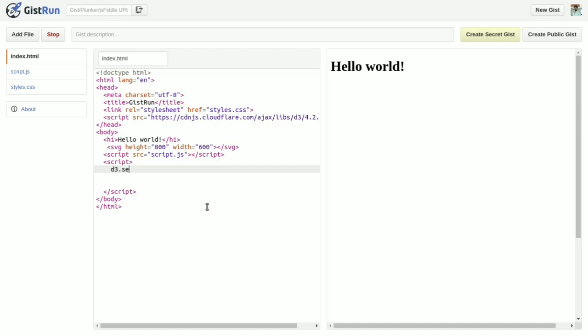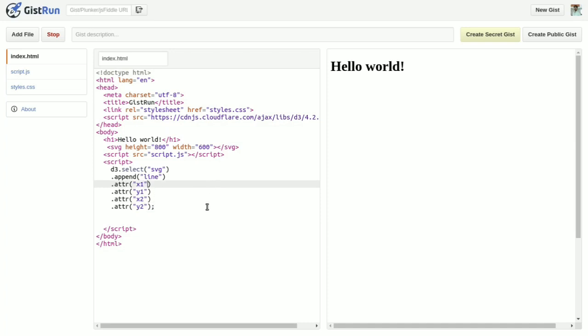So we will select d3.select SVG, .append line, .attr x1. A line has two coordinates, x1 y1 and x2 y2.